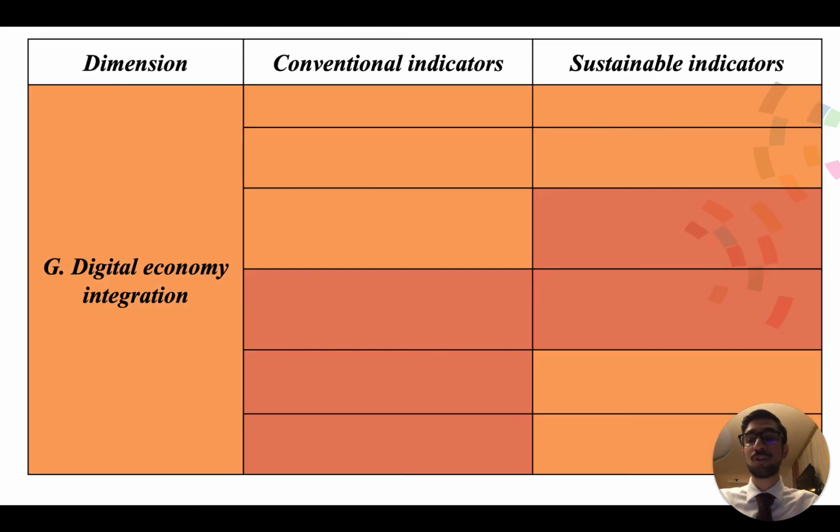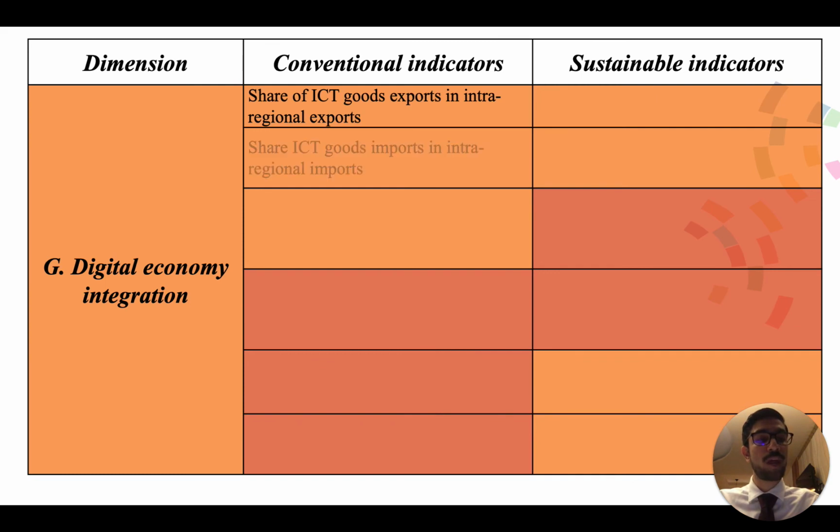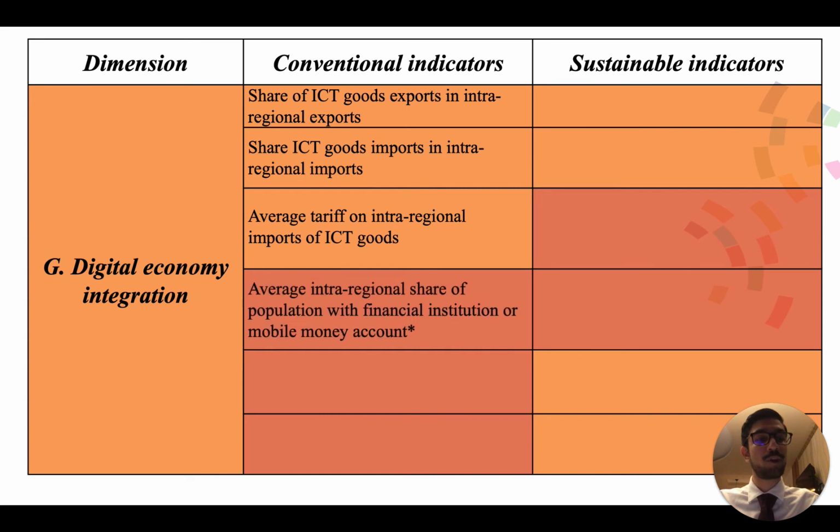This brings us to the final dimension of DigiSRII, digital economy integration. Regional integration also requires policy streamlining in the digital economy. Digital economy integration entails the freer flow of digital goods and services across regional economies, as well as ICT products that facilitate this trade. Correspondingly, digital economy integration encompasses trade intensity in ICT products, access to and use of internet purchases, government policies relating to trade in ICT products, as well as government regulations on the flow of digital goods